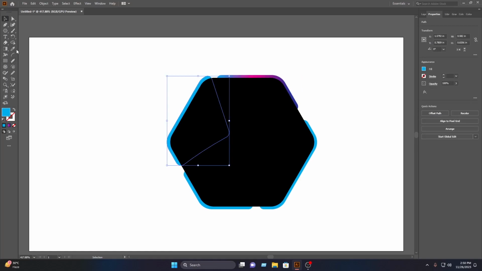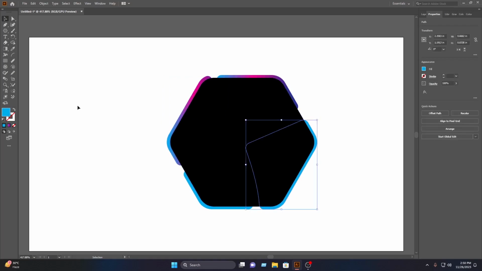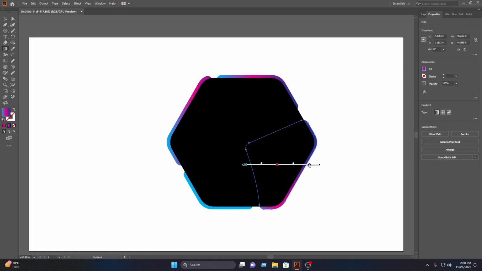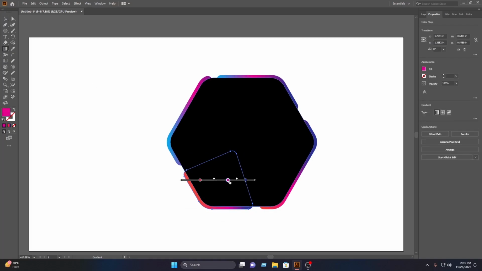then you have to select this, then select the gradient tool, then click on here, then select the move tool, then select this, then select the gradient tool, then click on here, then you have to select this, then click on the fill, then select this color from here, then you have to select this and drag this in here, then select this and drag this in here, then select the move tool, then select this, then select the gradient tool, then click on here,